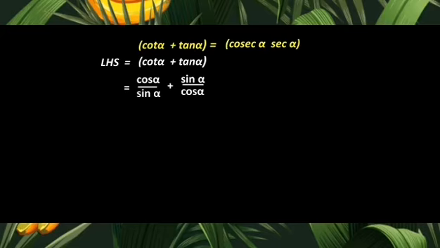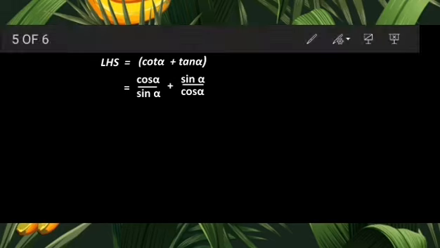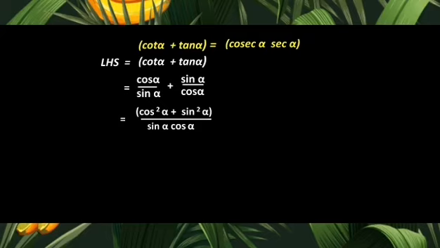Now, immediately after turning them into the sine and cos ratio, you will see fraction plus fraction, and whenever we have fraction plus fraction, we follow the LCM method. In that LCM method we will multiply cos alpha into cos alpha, sin alpha into sin alpha, and then again the multiplication of sin alpha into cos alpha, if you are remembering it. So let's operate it, and we get cos square alpha plus sin square alpha in the numerator,